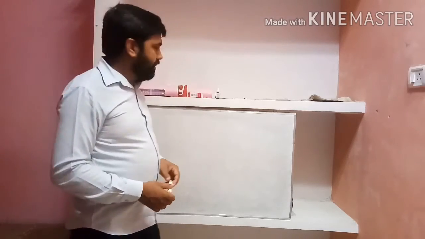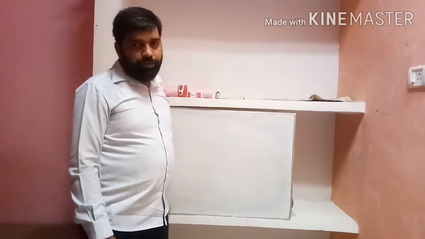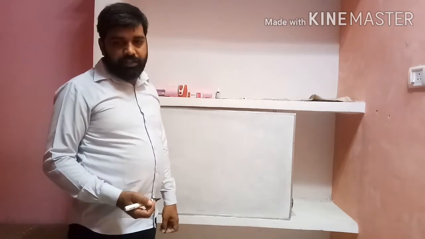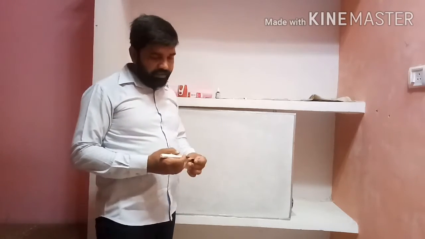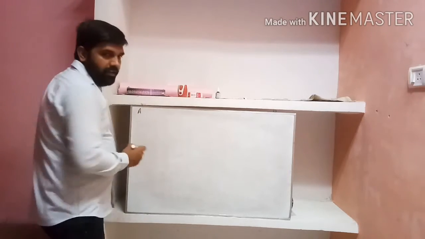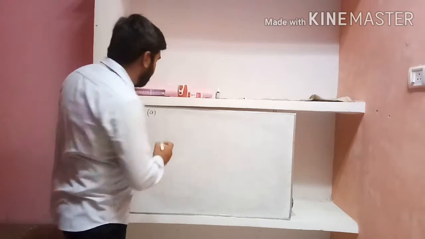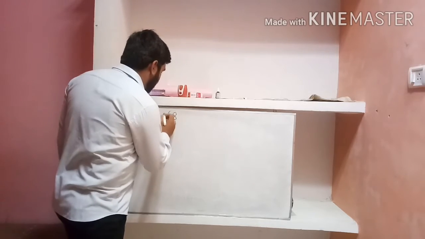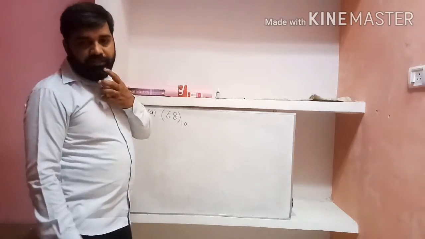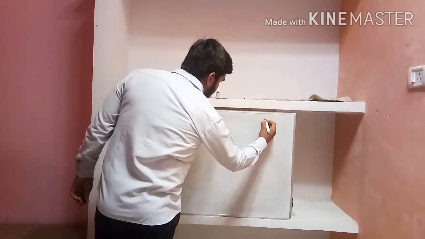Lots of questions are asked on this topic. So see how we do the conversion of decimal numbers into binary numbers. See the first question of the lab session A of your computer book lesson 1, in the activity section. The first question is 68. 68 is a decimal number. Decimal number base is represented by 10. We have to convert the decimal number 68 into a binary number. So what will be the equivalent of 68 in binary? That we have to find.